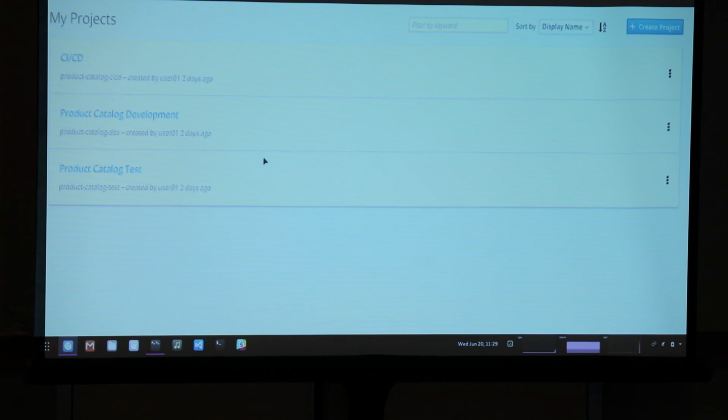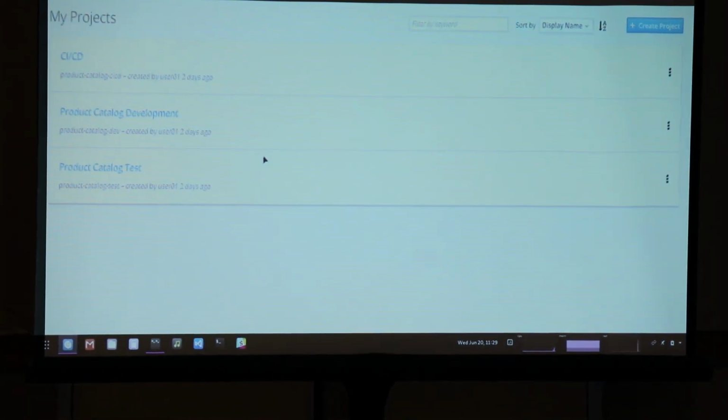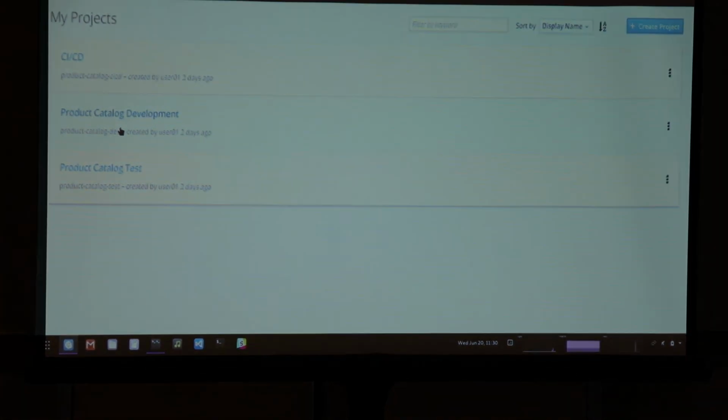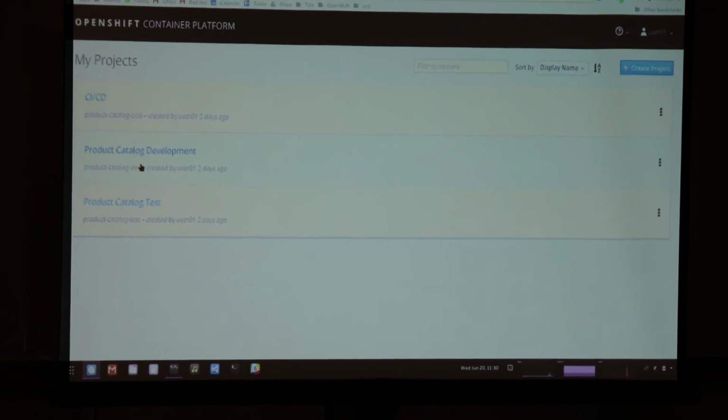So we saw how I kicked off the build automatically when I made a change in GitHub, right? And that just kicked off the simple build. But let's say, for example, I want to do something a little more complicated. I've got a project that's got a development environment, a test environment. So what this example is really showing you is all of the different ways in OpenShift that it's easy to